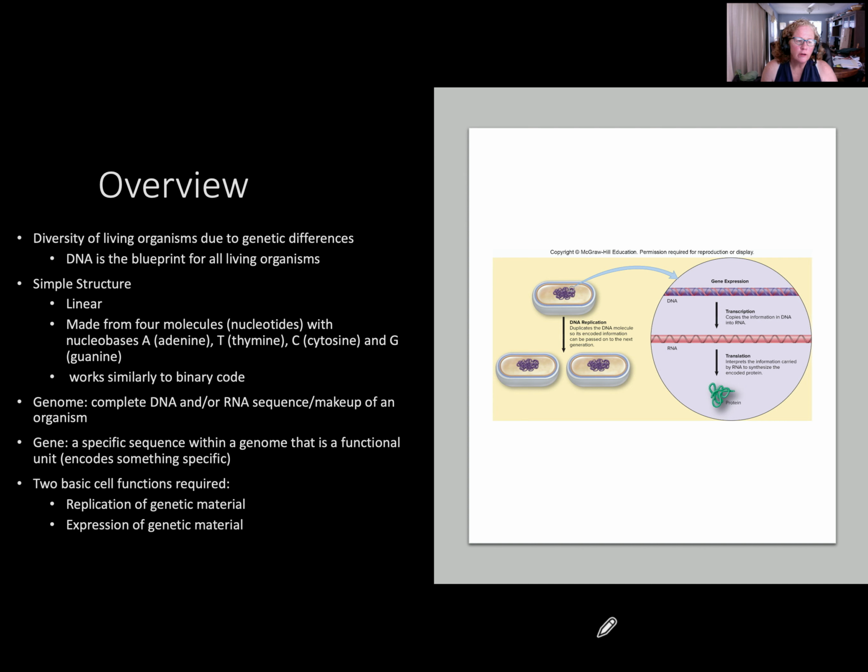So just a quick overview, the diversity of living organisms is really due to genetic diversity, so differences in the genome. And what's really kind of fascinating about genetics is we have 4 bases, right? Think about it, A, T, C, and G. So we have just 4 bases, and these 4 molecules make up the blueprint for all of the living things